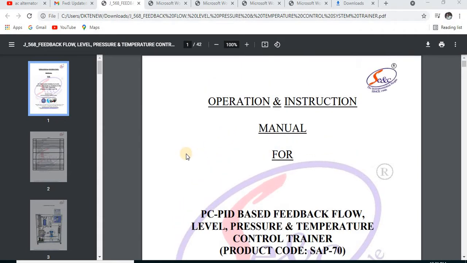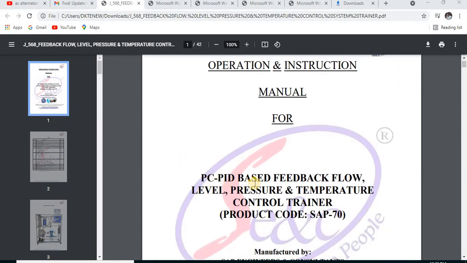So in the automation and control lab, we have four different modules or experiments to perform. First one is this PC PID based feedback flow, level, pressure and temperature controller trainer.